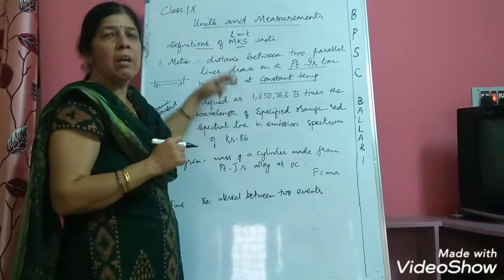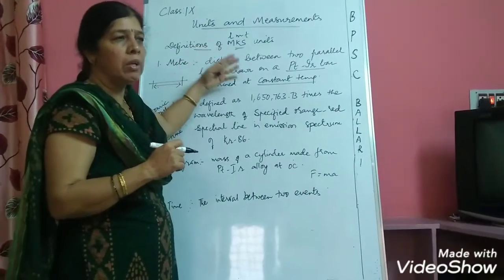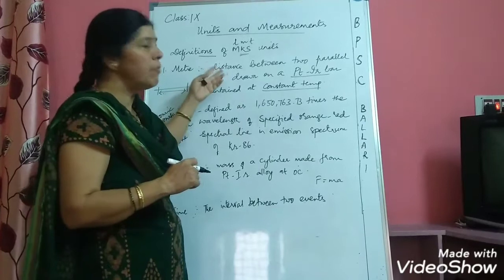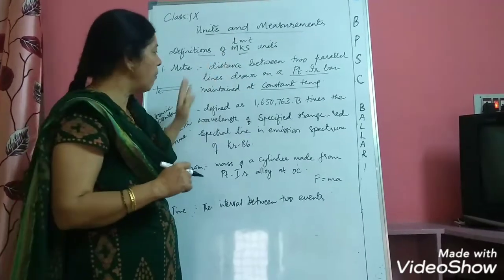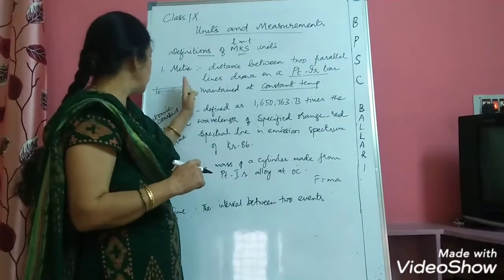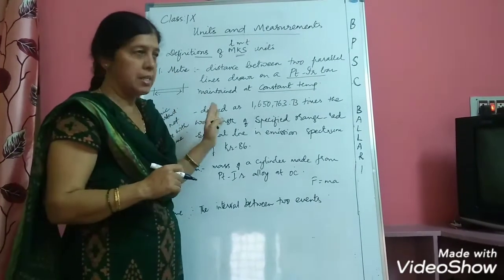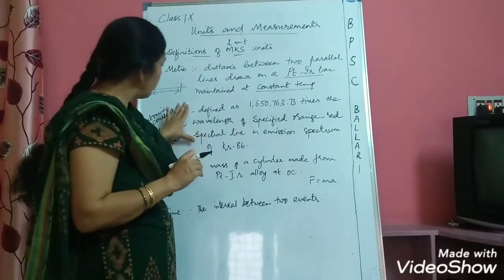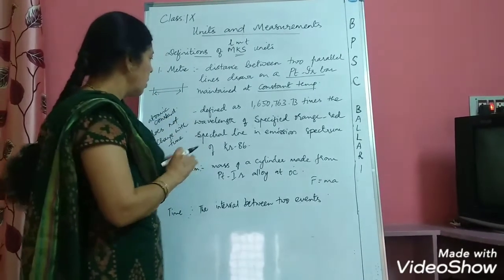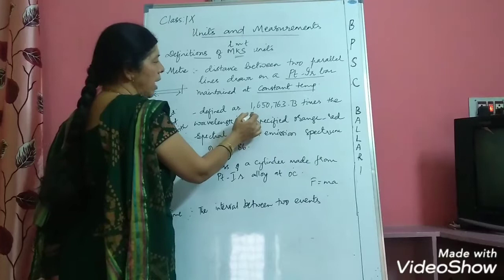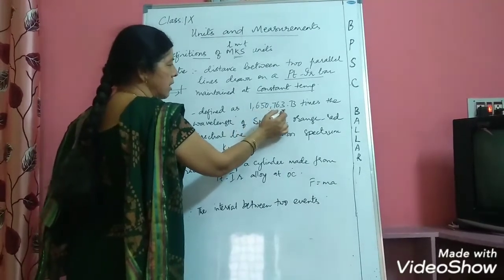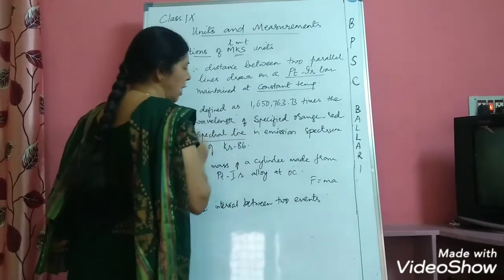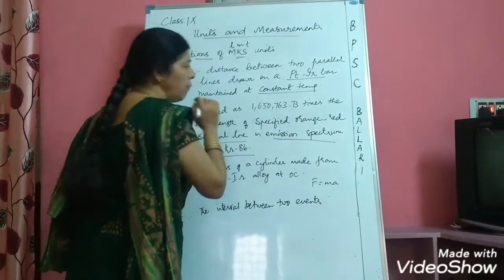Now as time evolved, we have tried to evolve more definitions of meter, wanting to be more precise, and accordingly we have various definitions of meter. But for now, we have tried to define meter in terms of atomic constants, because atomic constants do not change with time. So for now the more precise definition of meter is this one. Meter is defined as 1,650,763.73 times the wavelength of specified orange-red spectral line in emission spectrum of krypton 86.